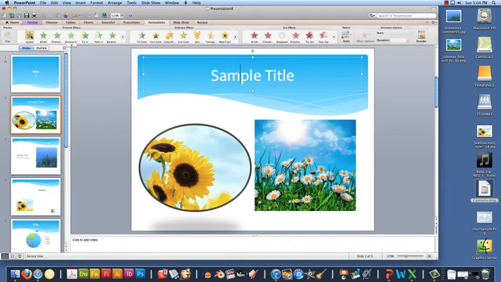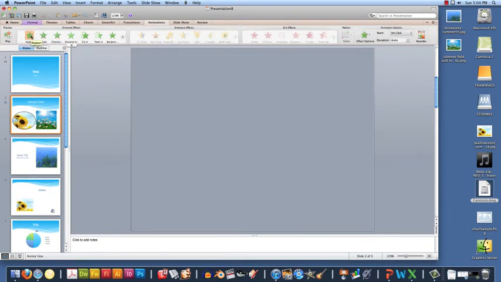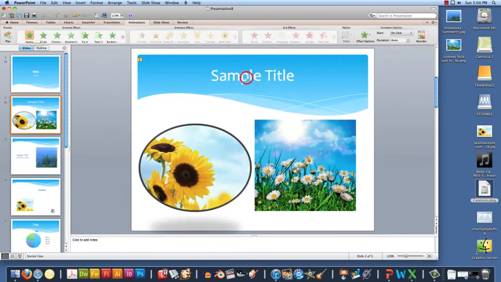We're going to choose an entrance, click on our title, and then we're going to choose an exit. You can change the options of when your animation starts: on click, with previous, after previous, and how long it lasts. You can do the same for your images,